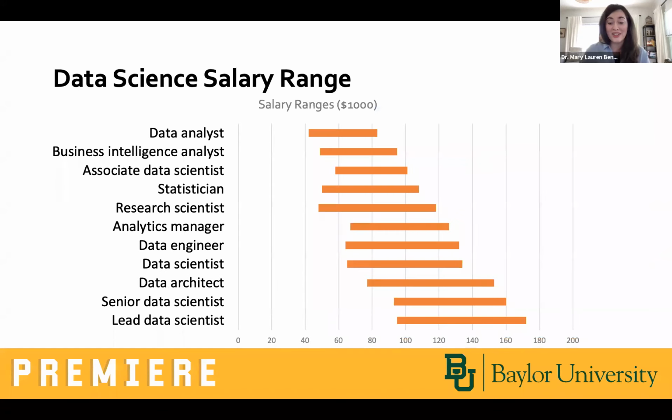And it doesn't hurt that data scientists are in really high demand right now. So this diagram is showing the average salary ranges for people with data science expertise in a number of different positions. Near the top here, you'll see ranges from around 40 to 60 as a starting salary for early career data scientists. But if you look near the bottom of this plot, the senior and lead data scientists and data engineers can start around $80,000 to $100,000.